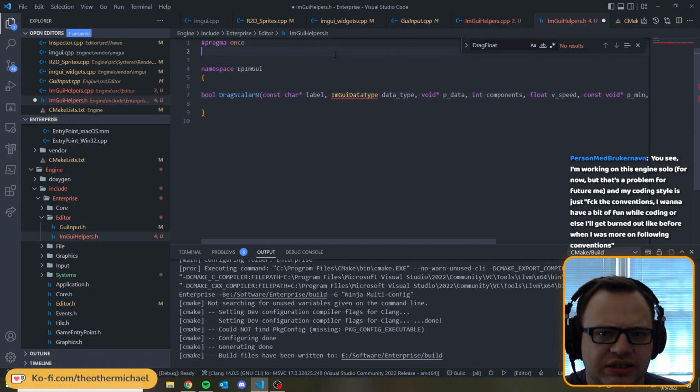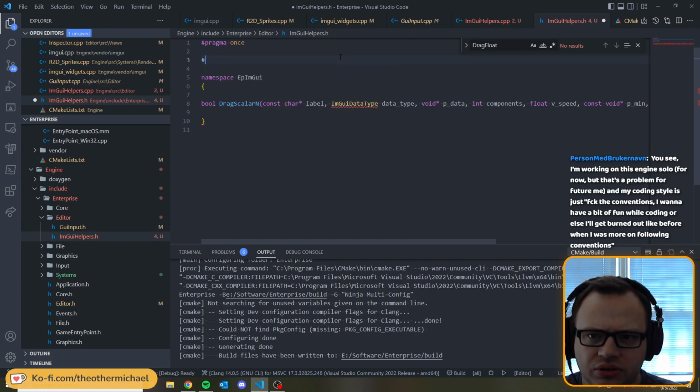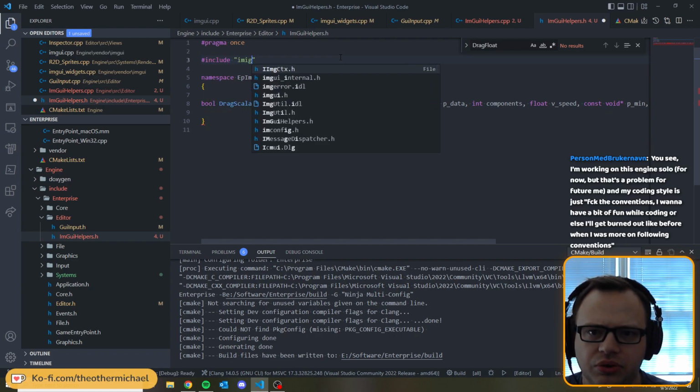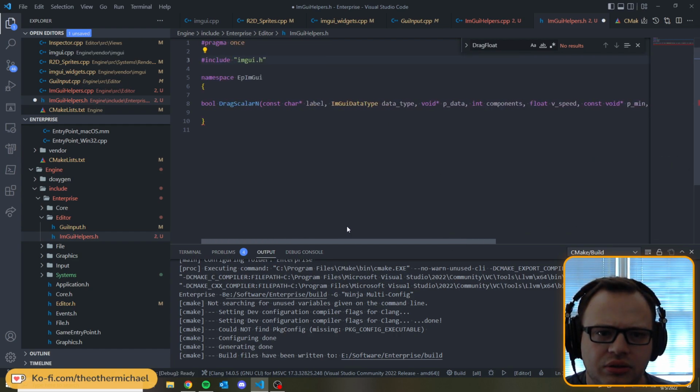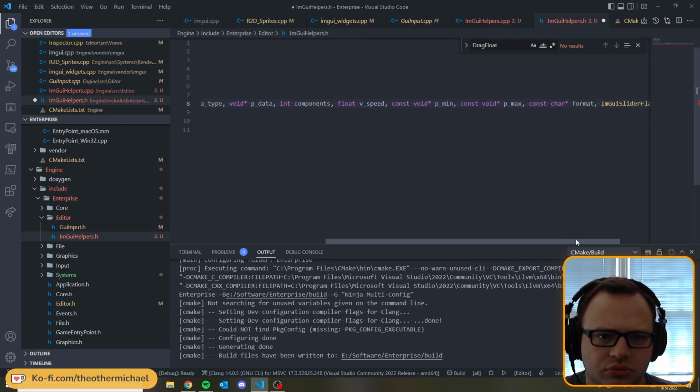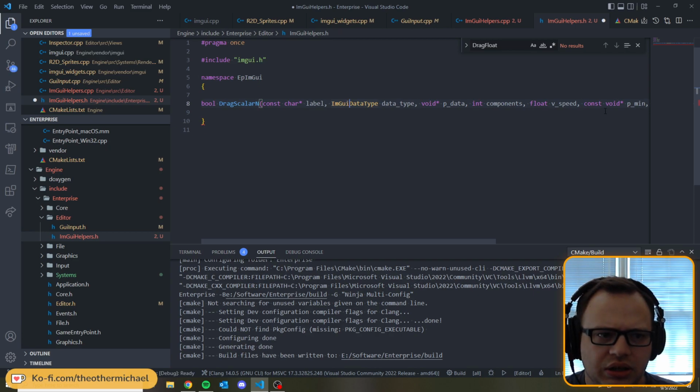Okay, I'm gonna need some ImGui headers in here, so let's do that. Include ImGui.h, and got a label, data type, yeah, and